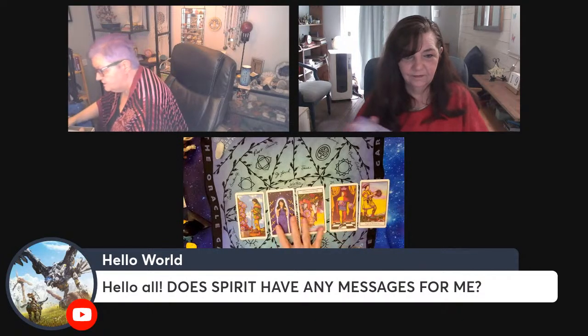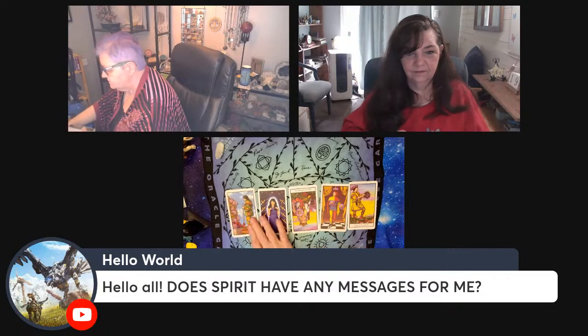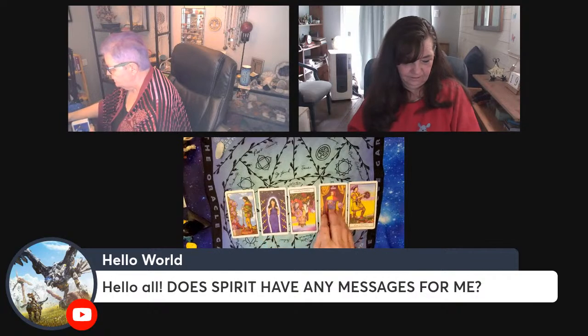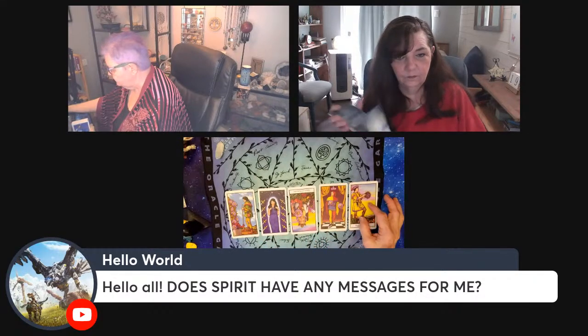Okay, what I would take looking at this lineup of cards is you've planted some ideas, but you're starting to be separated from them. And that's confusing you right now because you thought you had a direction and you weren't really sure. The balance is about to come to you, and the actual reward and money and focus is about